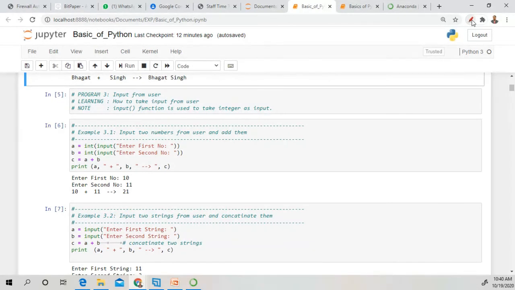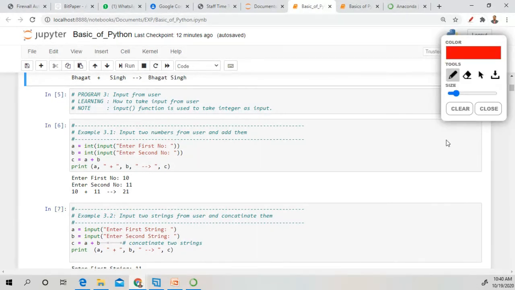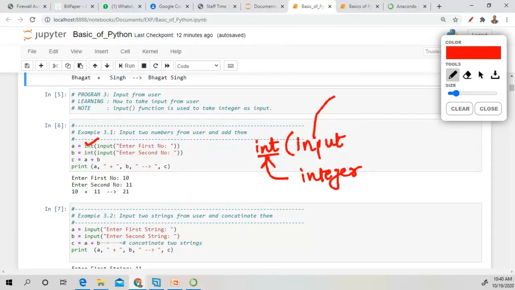We use the int function. Okay. So here, as you can see, this int is a function, and it gives an integer type value, and input is also a function.